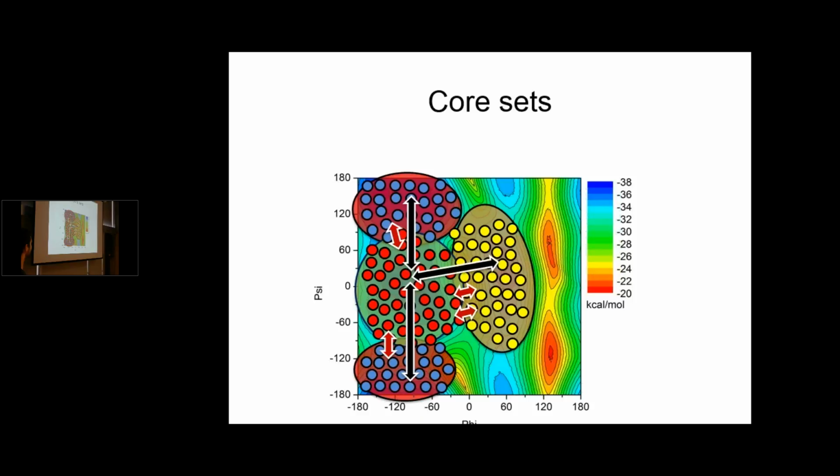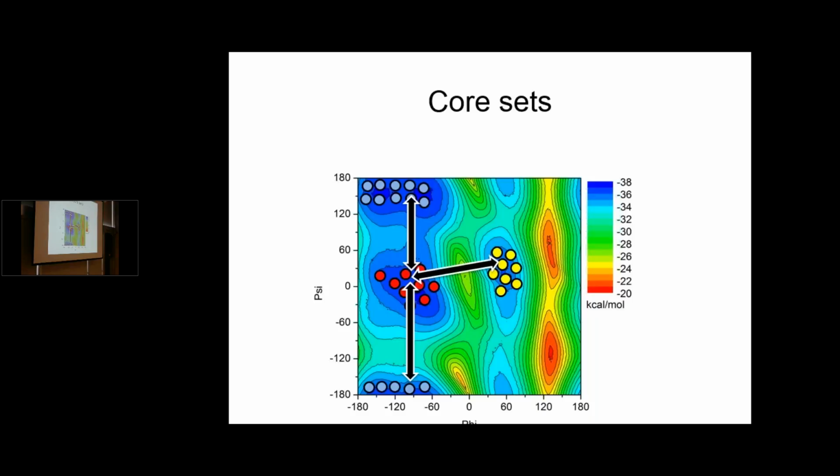So practically we are more interested in how long it takes to go from the core of this state to the core of another state than what's happening here on the barriers if we want to look at the slow dynamics. So the thing that we do in the coresets then is simply that, well, there is some more detail, but you can imagine that we just take away the states which are in the barriers, and we count the transitions between the cores. It's not exactly like that, but